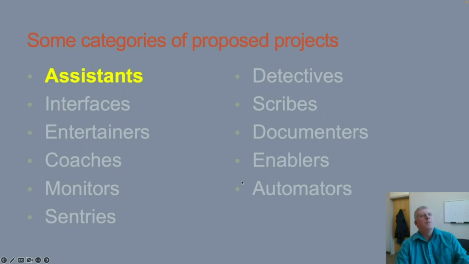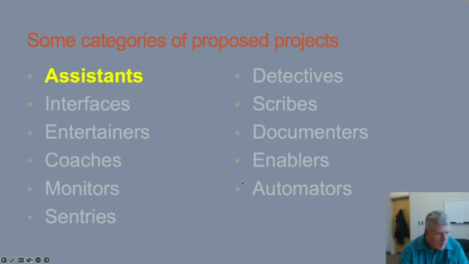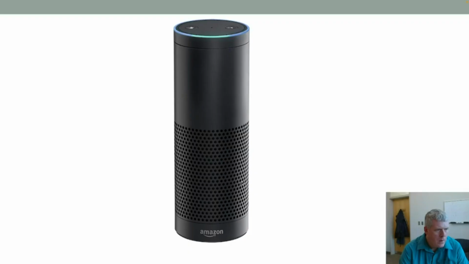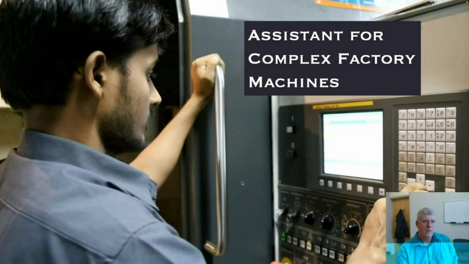Okay. I'm just going to click through a bunch of pictures here of different speech processing applications. So assistants, right? Those are now somewhat commonplace, for the last 5+ years, maybe even up to 10 years at this point. How about an assistant for farmers who need to use both hands while they're working, but need to maybe take notes or note things? How about a voice assistant for a complex factory machine, having a voice to help the person use the machine?